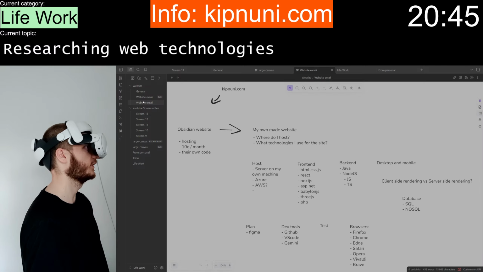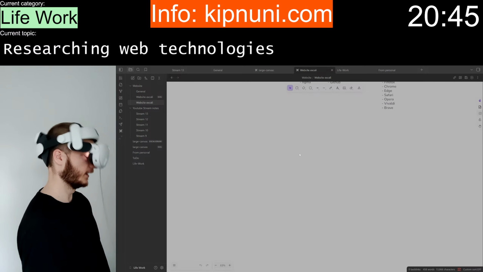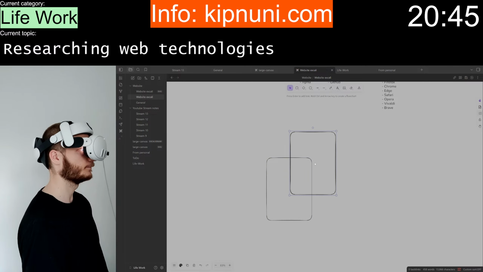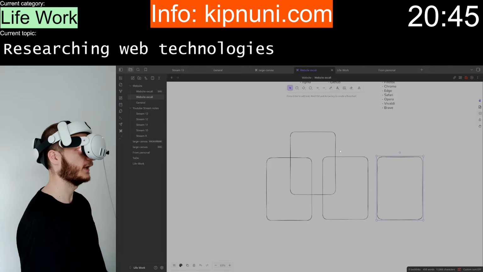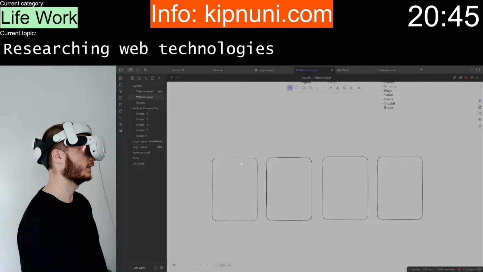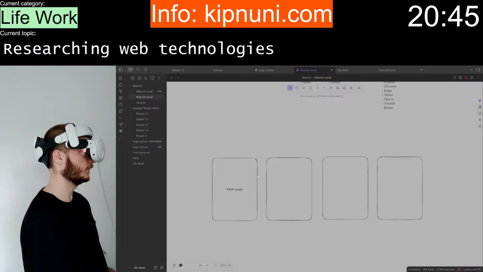I'm pretty sure it closes itself, but I'm not certain about how this works. But let's say I have three or four pages. This is the main page, dashboard.